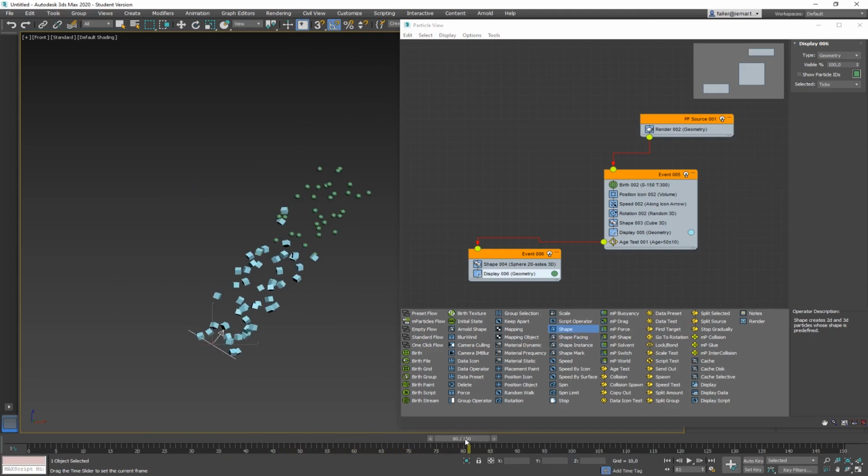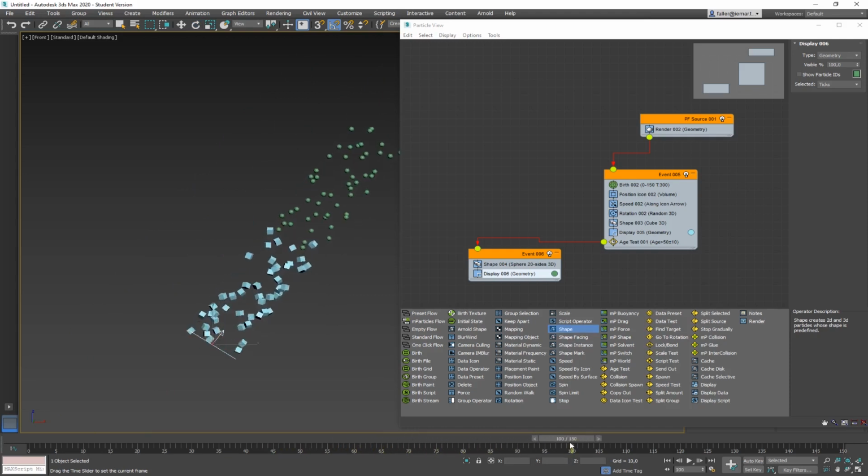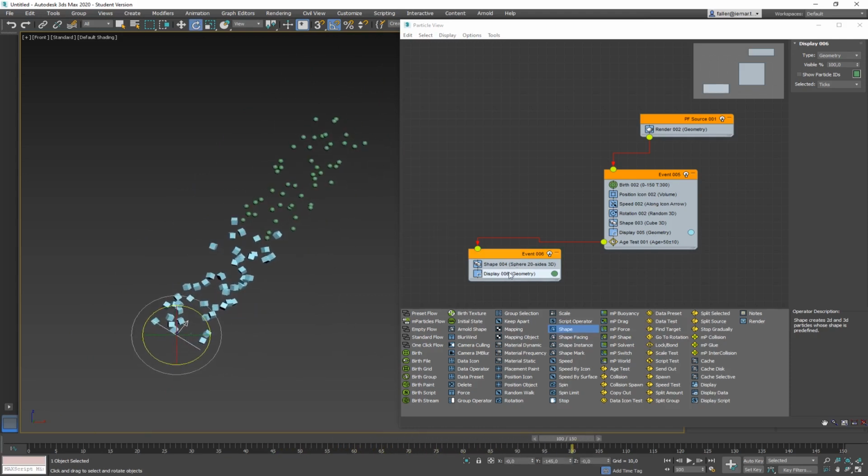So this is how you can test them for a certain age. Of course, you can put anything new in the event. You can make a new shape, a new force, a new something like gravity, and so on.